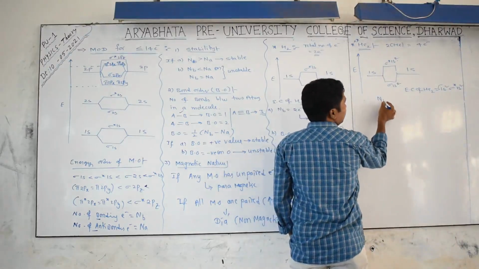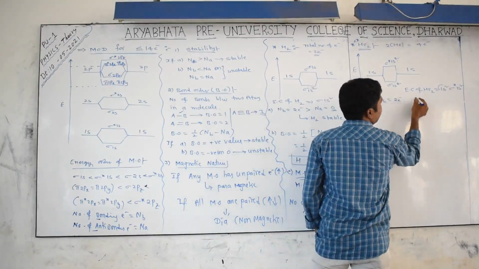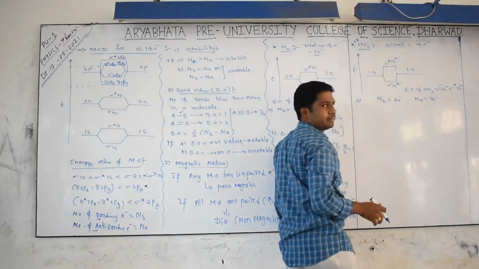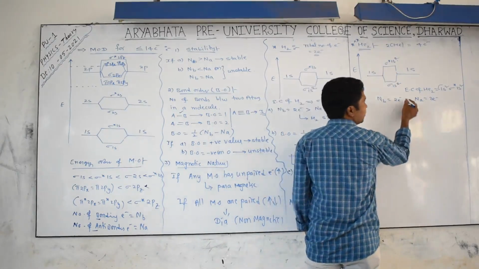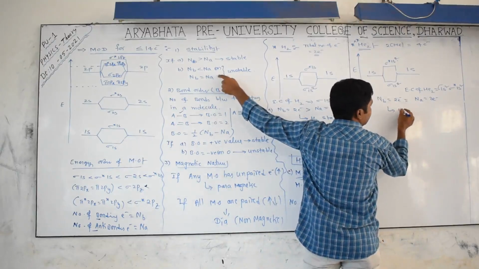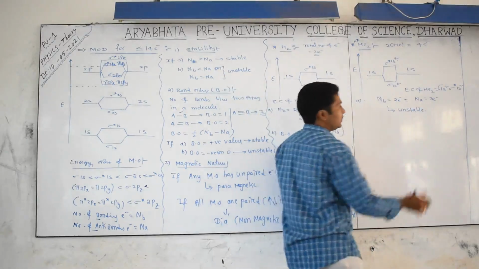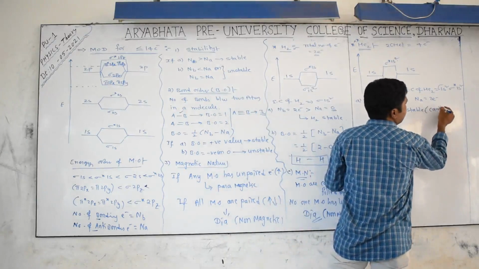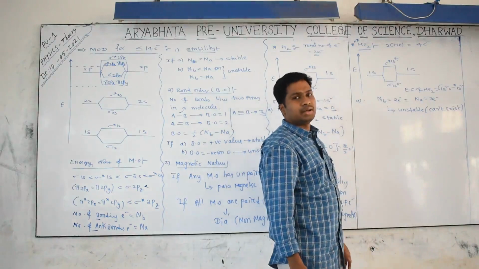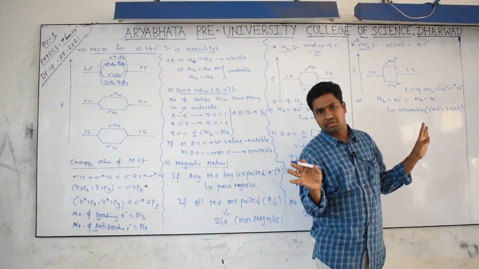Next, write down the number of bonding electrons. The number of bonding electrons is 2, and the number of anti-bonding electrons is also 2. Without a star is bonding, star means anti-bonding. Okay, bonding is equal to anti-bonding, so it is unstable. Unstable means He2 cannot exist. Are you understanding or not? Why is helium an inert gas? That's why helium and neon, which are always monoatomic gases, never combine together.